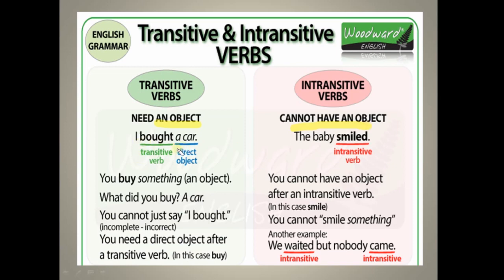See the example. I bought a car. Again first of all we have to identify the verb. Verb is bought. Now, I bought what? So here again always try to put the question word. I bought what? That is a car. So we have got the answer, a car. So that is the direct object. The baby smiled. Now nothing is there. So when nothing is given, that means we are not getting any object. Object is not mentioned here. So that's why these are intransitive.